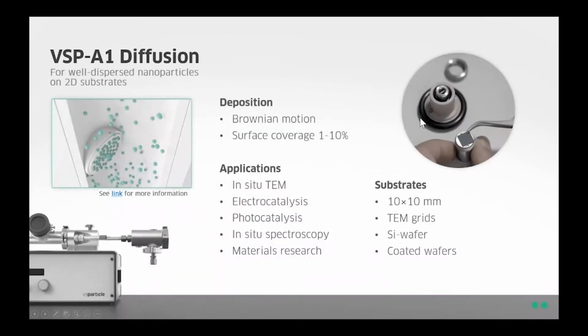So again, we are using Brownian motion. You've also seen it in the movie. And by changing the time of deposition, you can change the surface coverage between 1 and 10%. We are working on more predictive models that can give you a better estimation upfront already on how long you should do the deposition. So the application areas where this accessory is used for, in situ TEM, for example, new